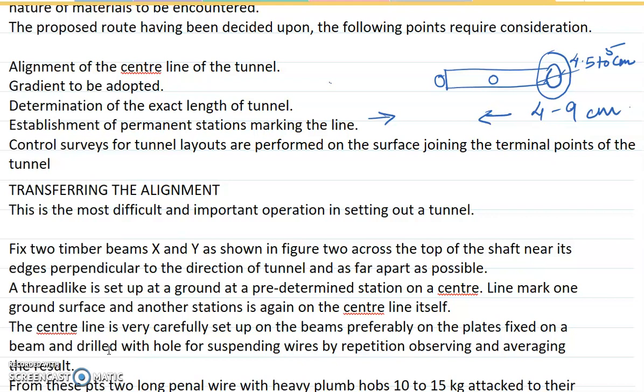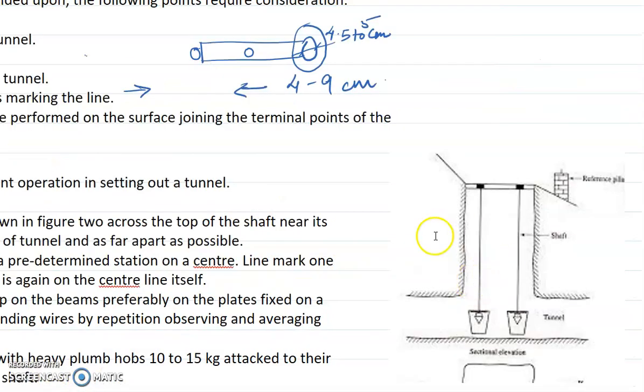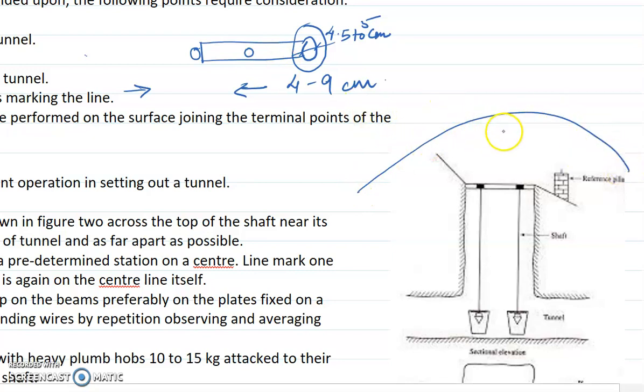Okay, and this object will be not very far from the shaft. Now, what is a shaft? When I'm going to transfer the center line to the tunnel, there are shafts which are constructed. So here you can see this is a shaft. It's like a hole which will be excavated through the hill. So your hill is something like this. This is going to be your hill on top, and let's say you want to transfer these points, so you are going to cut a shaft. So this is how it's going to be transferred. How it is transferred, we'll study a bit later.